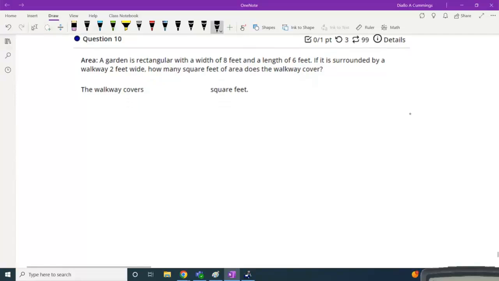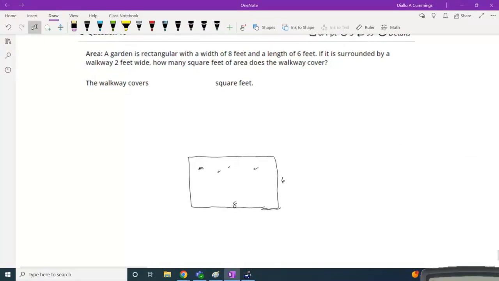So first I'm going to draw that rectangular garden. And it says that it's 8 feet by 6 feet, right? All right, so this is the little garden with flowers in it or whatever. Then it says it's surrounded by a walkway 2 feet wide. So around this garden is a walkway that extends 2 feet